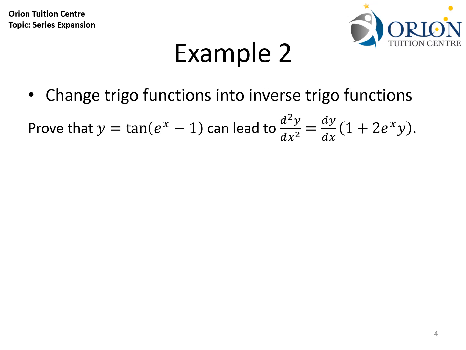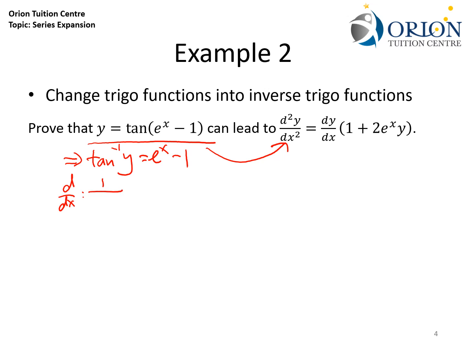Thus, let's look at y equals tan(eˣ − 1). We need to show that it is going to be this equation where there is no trigo term at all. So I know I do not want to work with any trigo terms inside my original expression before I differentiate. And I'm going to change this into tan inverse y equals eˣ − 1. And now I can perform implicit differentiation to get 1 over 1 plus y² dy/dx equals